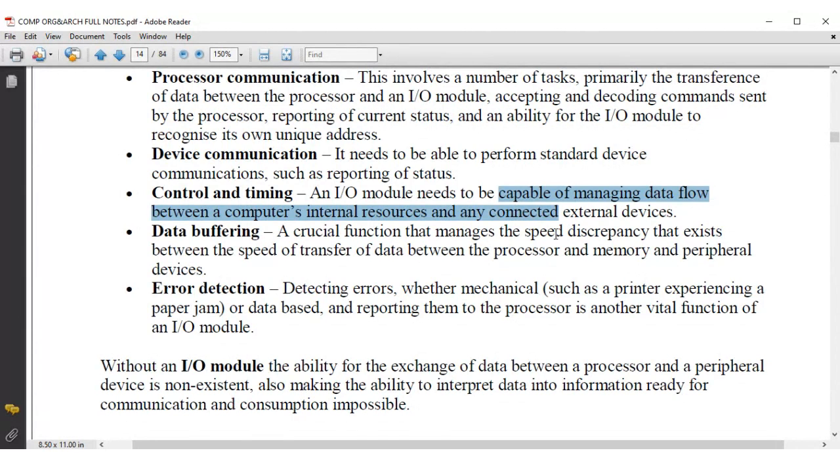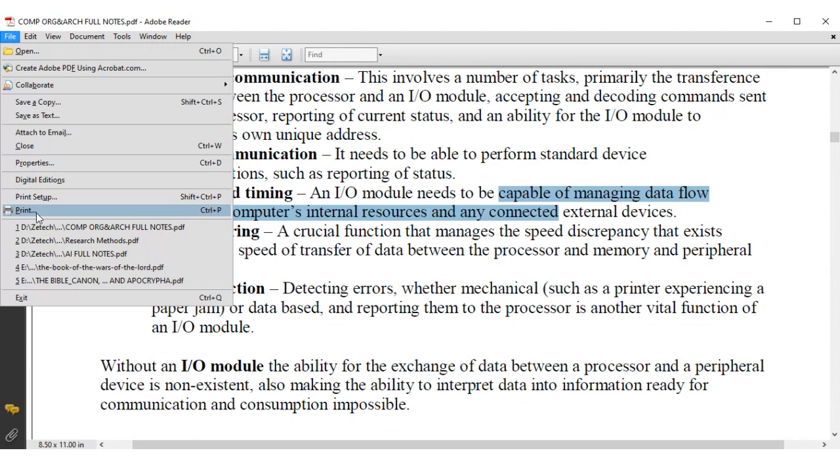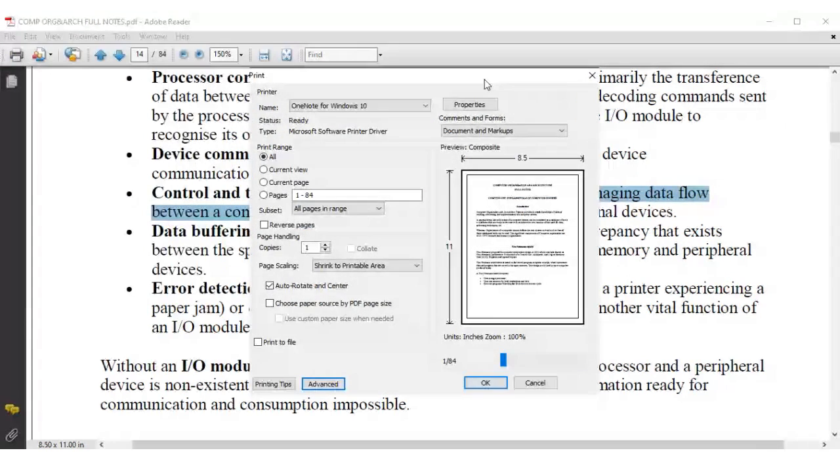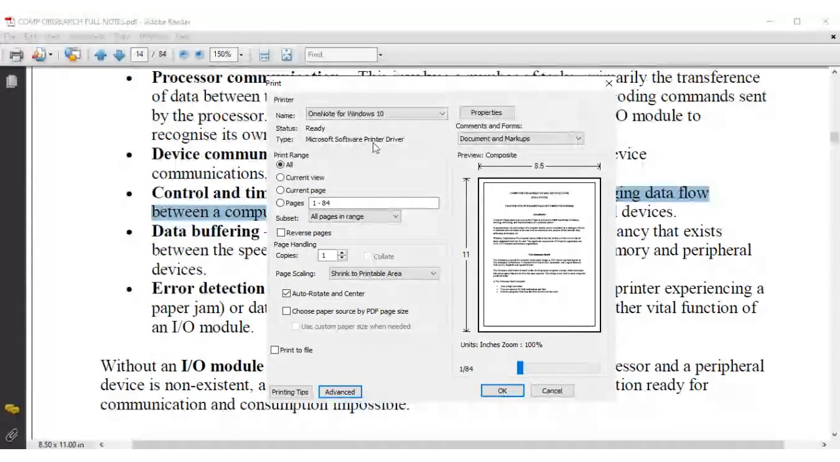It's just like a printer. For a printer, for instance, if I go to file and print, I hope you can see what I'm doing here. I want to print every page, and I want to print how many copies? Let's say even 200 copies of these notes. If I click OK,